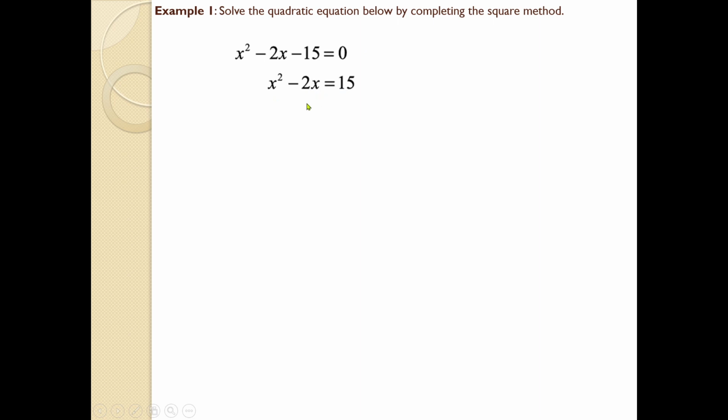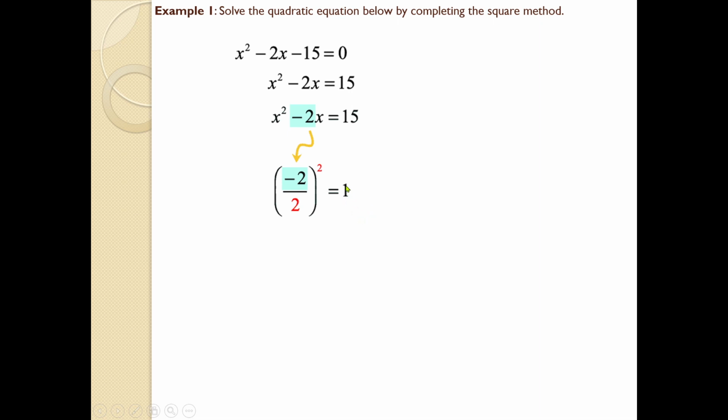Now the next step is you need to divide this number by 2, then you will get 1. You need to take the square of 1, that is 1 itself. See, 2 minus 2 divided by 2, take the square, it will be 1. From here onwards they will show that step like this, so don't get confused. Whatever the number coming here, you need to divide that number by 2 and take the square. So 2 by 2, 1 raised to 2, it will be 1.